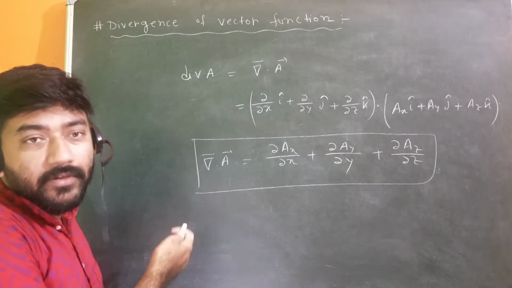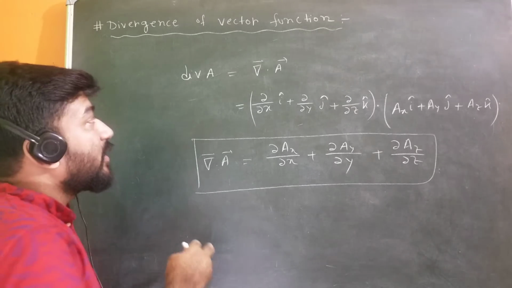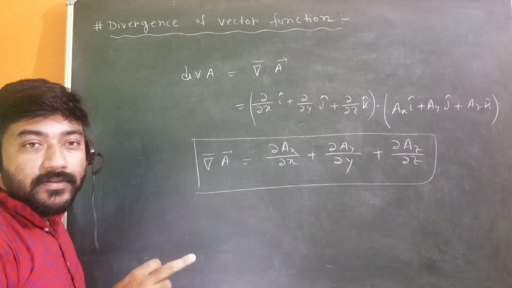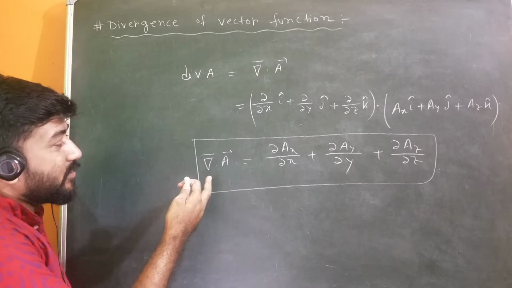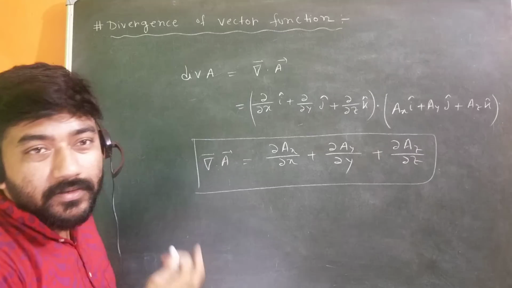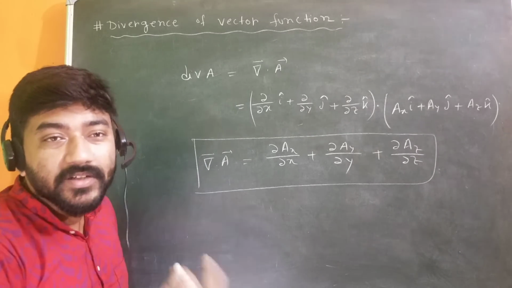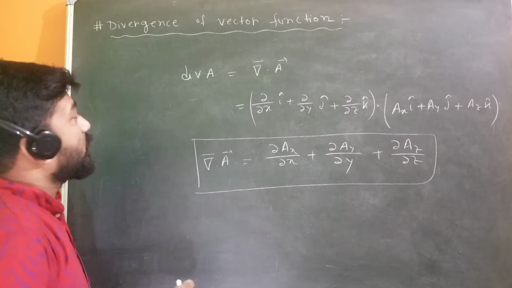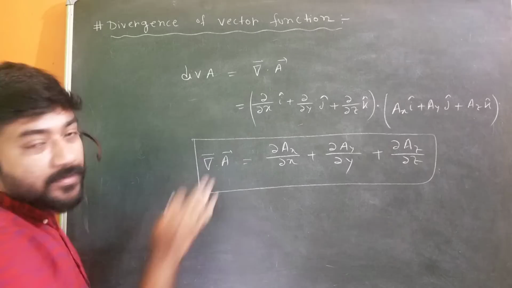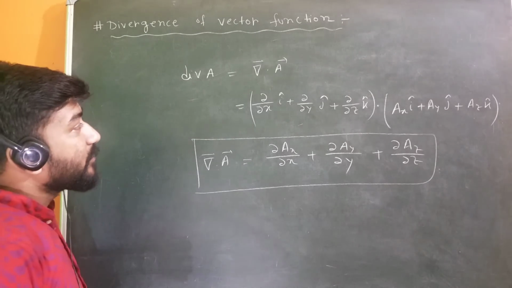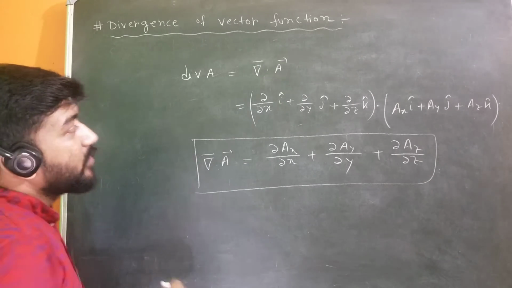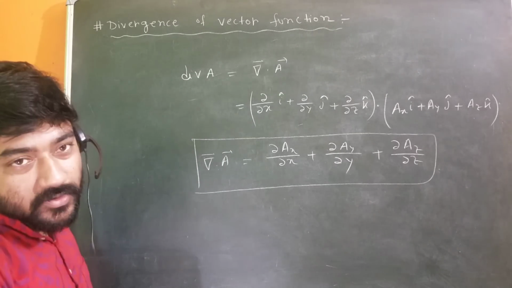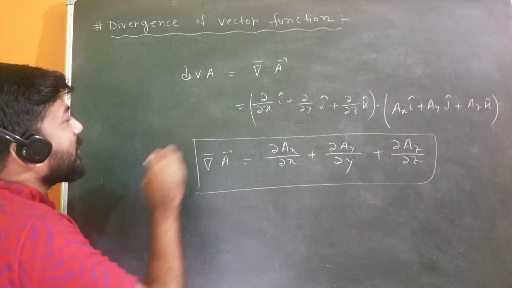I have defined grad phi also in the Cartesian coordinate system, and I will define the curl of A also in the Cartesian coordinate system. But how these operations will look in the spherical polar coordinate system or the cylindrical polar coordinate system, I will see later on. So this is the divergence, a very simple mathematical definition. Now the question arises: what does it actually mean? What is the physical or geometrical significance of this divergence of A? What is the meaning of divergence?